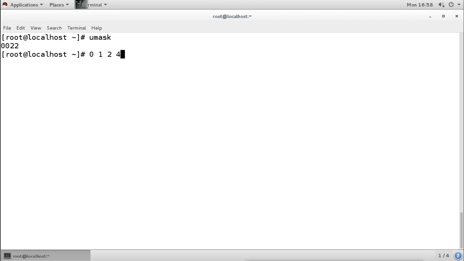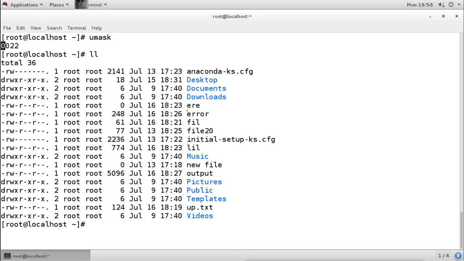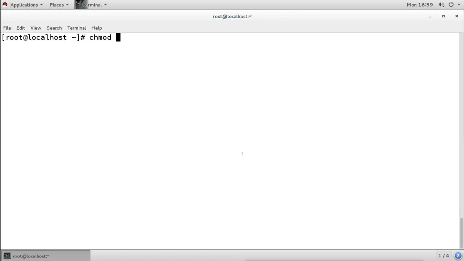So in this first 0, when we don't mention it, it always remains 0. For example, when we change the permission numerically for any file or directory and we don't mention anything, like for example, if I want to change the permission for this file, I will use the chmod command, and by default the permission is 644. I want to make it 666 for that file.